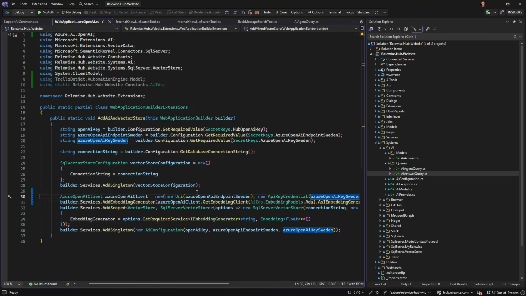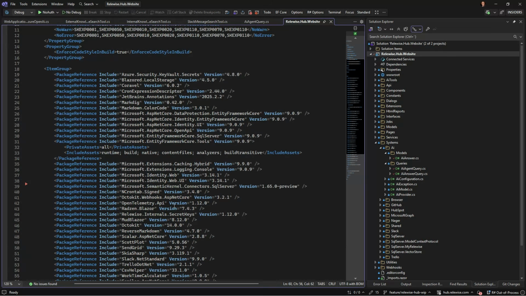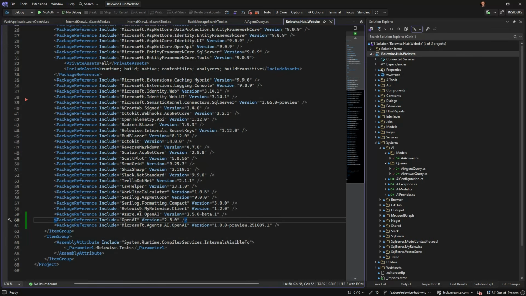I have a few other projects I need to do this for. But as we can see, the only semantic kernel we have left, which is not semantic kernel in itself, is the vector part, which has nothing to do with kernels or the different connectors they have in there.